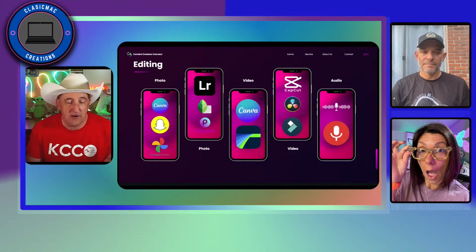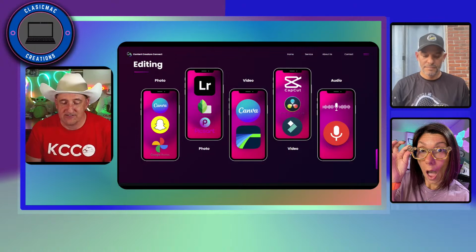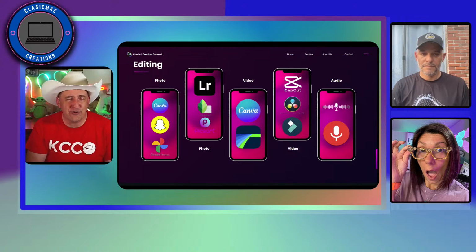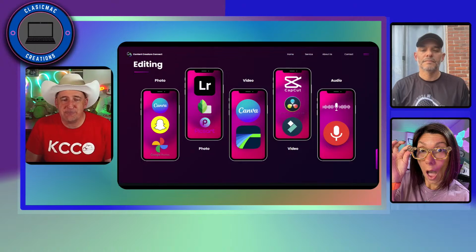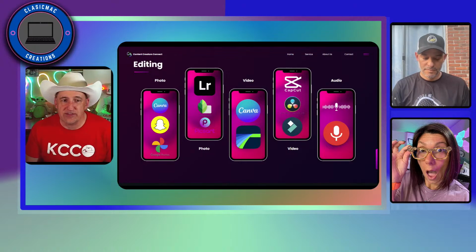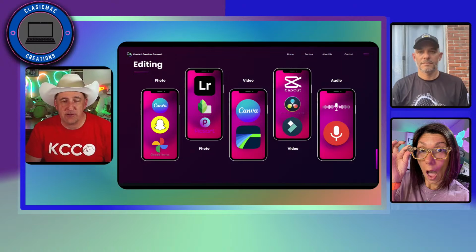So yeah, Canva, go-to. Snapchat is a ton of fun. And I don't know if many people actually do use this, but Google Photos itself has done a lot of work over the years to create an editor within the Google app itself. So when you take a picture, you can actually edit it right then and there.